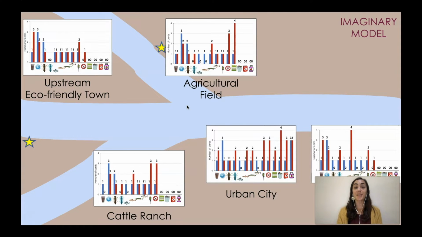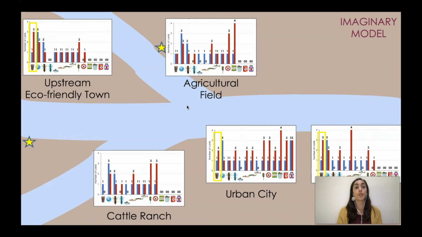Okay, so if you had some time to graph your data, you should have graphs looking a little bit like this. What I've done is merge all the different graphs into our watershed model, so we can think about the different parameters and how they are changing when you go from upstream to downstream, right? How the water is moving and the direction is also important to understand how these numbers are changing.